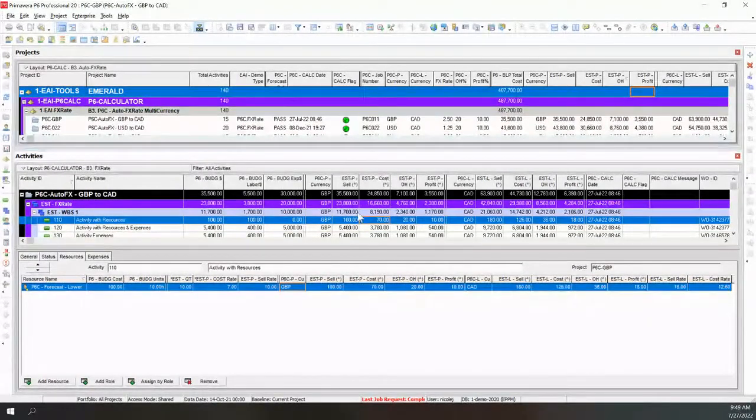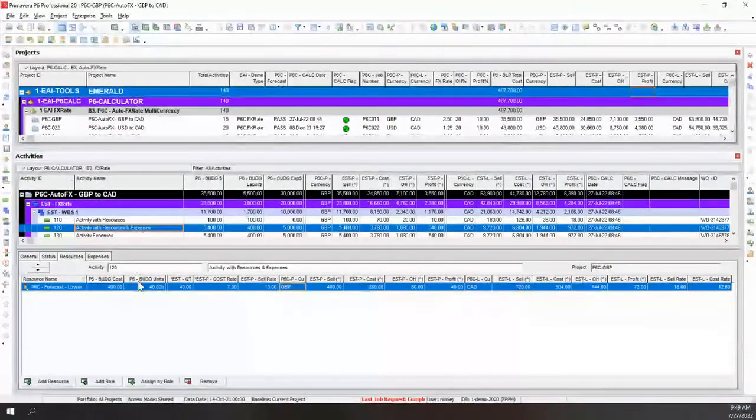Now, the key thing here is we can merge resources and expense user-defined fields. That's something that is not out of the box in P6, and we have that built into Calculator. So we can take the overhead and profit from the expense, the overhead and profit from the resource, all the resources, total them up, come up with one number and roll that up. So that's huge